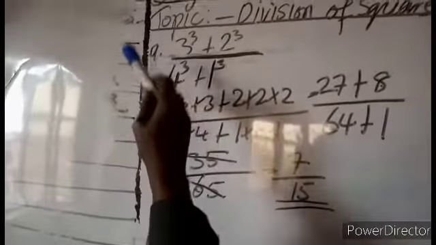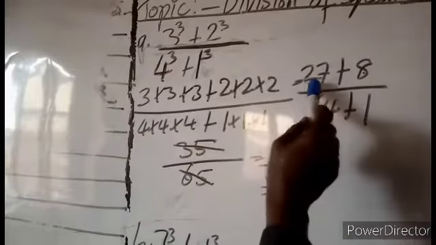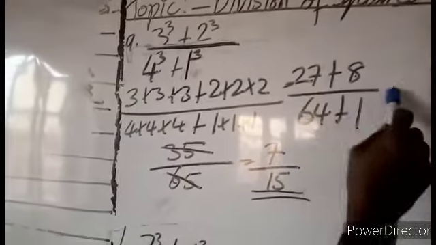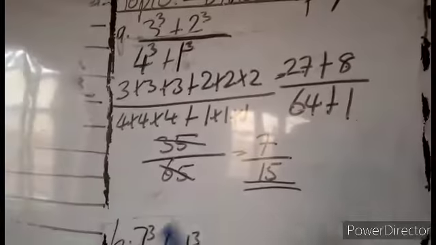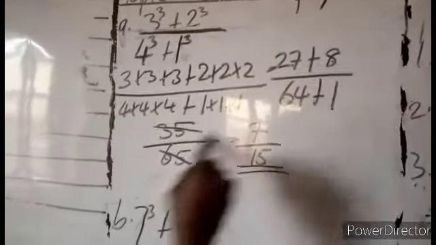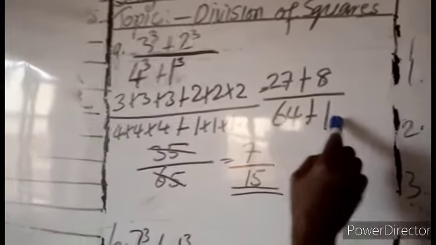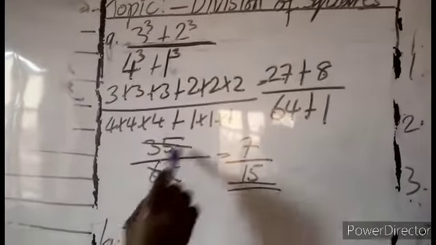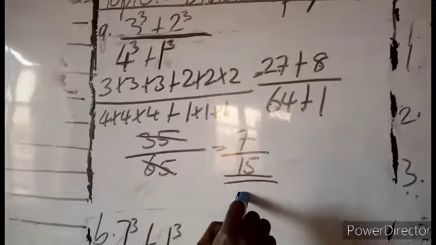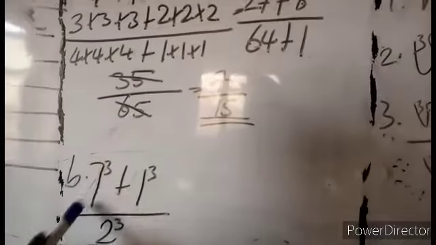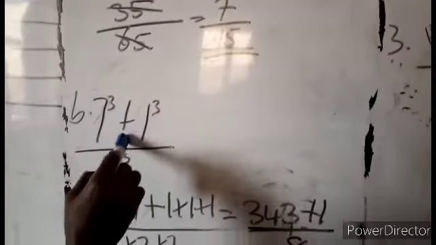You multiply each of them one by one. That is how we got 27 plus 8 divided by 64 plus 1. So 27 plus 8 gives us 35, all over 64 plus 1 gives us 65. Then we use 5 to divide it, we get 7 over 13. Now here we have 7 raised to the power of 3 plus 1 raised to the